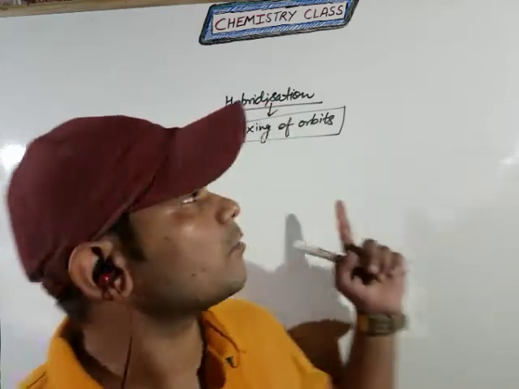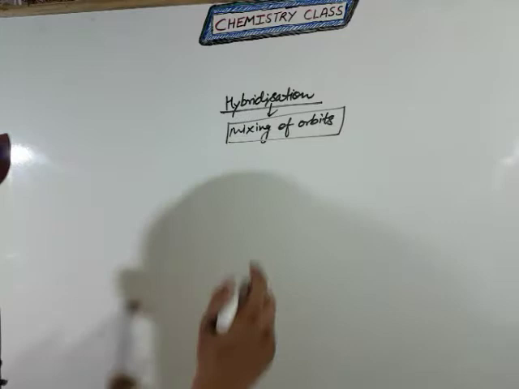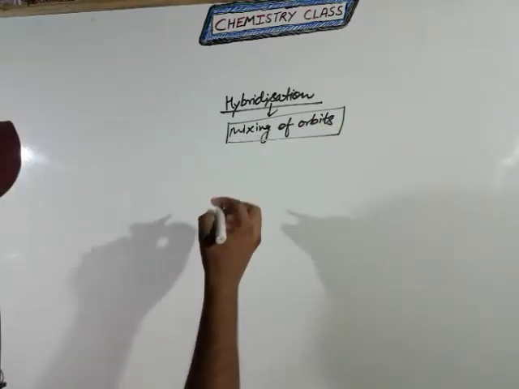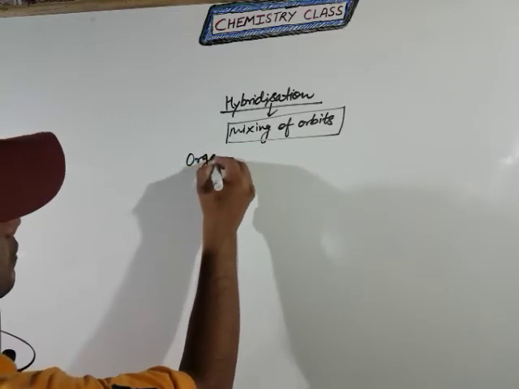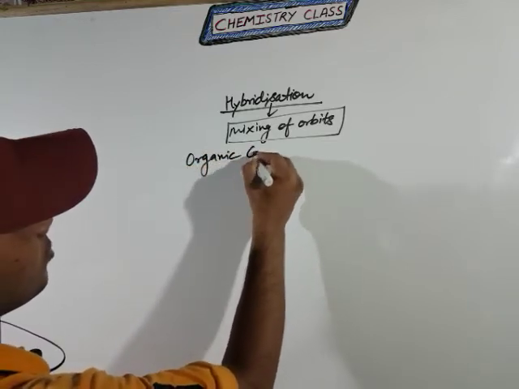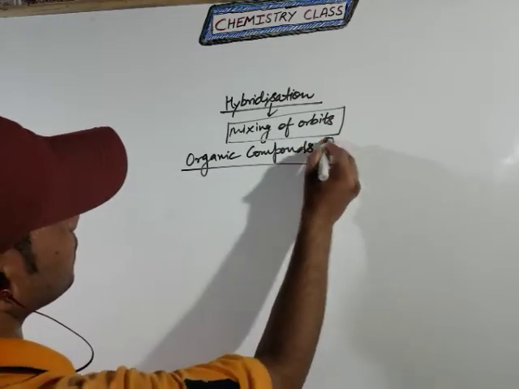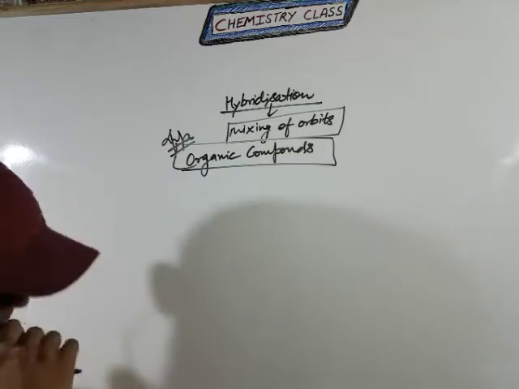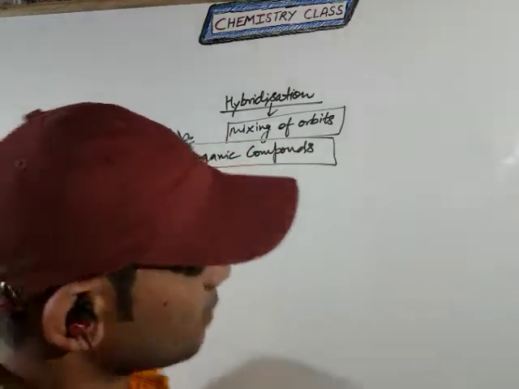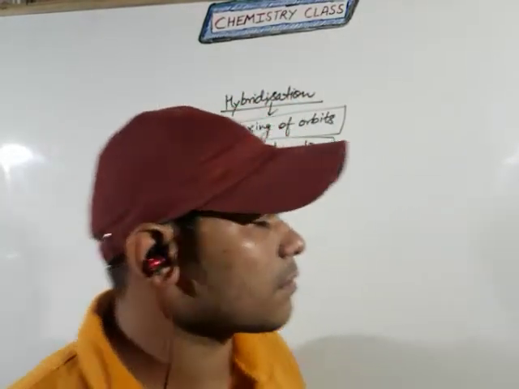Today I will discuss hybridization, that means mixing of orbitals. We already discussed the inorganic compounds. Now we will discuss the organic compounds. In organic compounds, how we calculate the hybridization is very important. Clear? So students, if you are calculating for organic compounds,